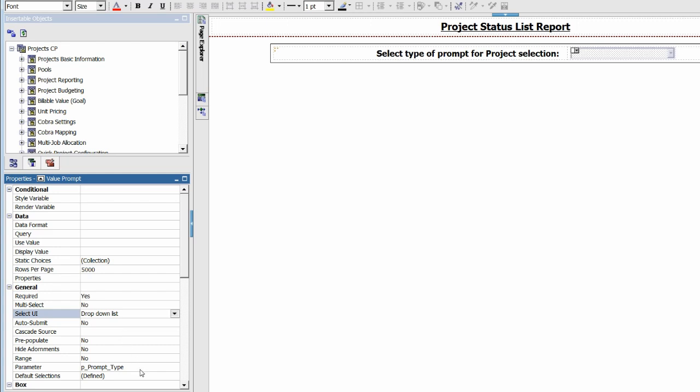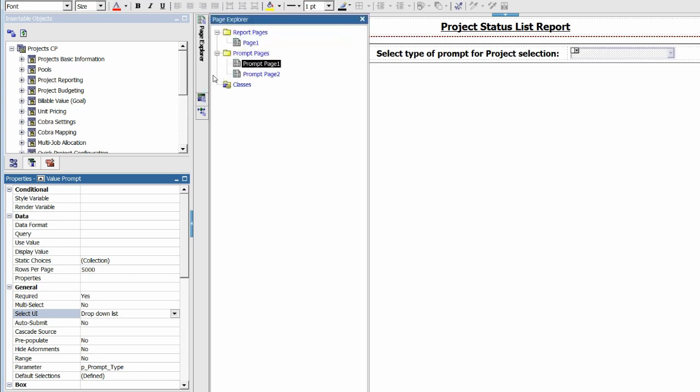Down below here is the actual parameter. You can't have a prompt that doesn't have a parameter, but essentially whatever value is entered goes into the parameter, and then it can be used in the processing. And for the default selections, if you've decided that you want to provide a default, a lot of times people bring up the prompt page, the defaults all appear, and they say, okay, I'll just run it with those defaults. That suits exactly what I want. Now we're going to go to page 2 of this,